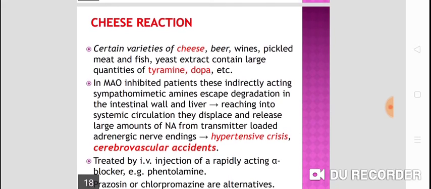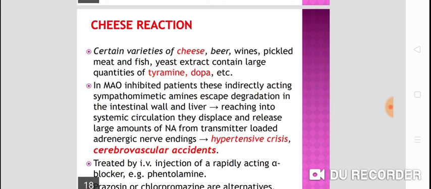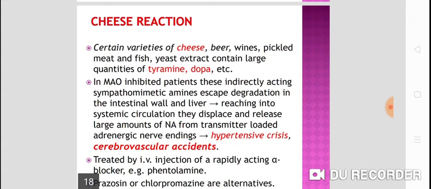Monoamine oxidase is also required for metabolism of tyramine. It is essential for metabolism of tyramine. So, if a depression patient is taking a monoamine oxidase inhibitor,